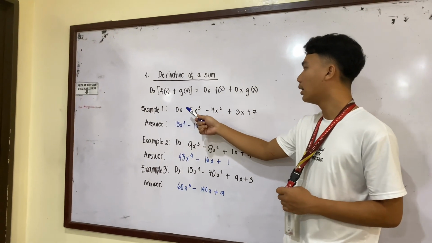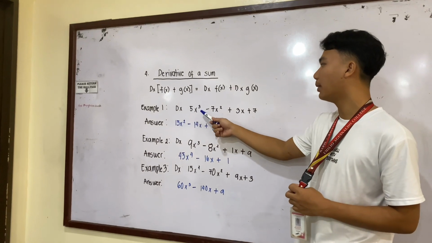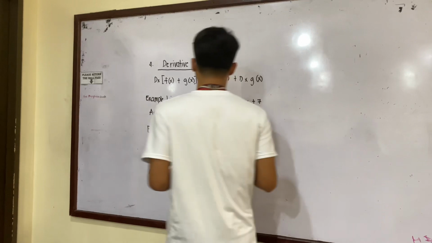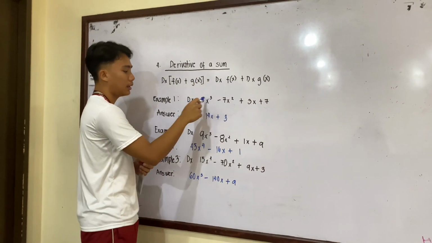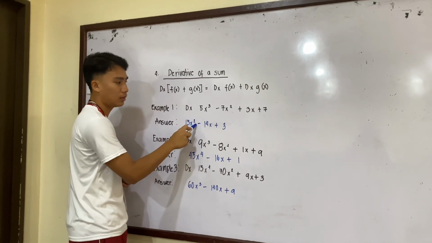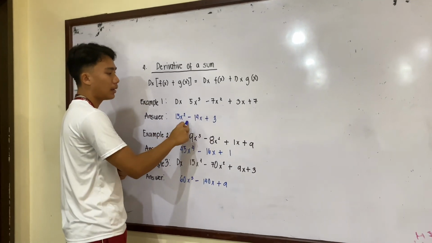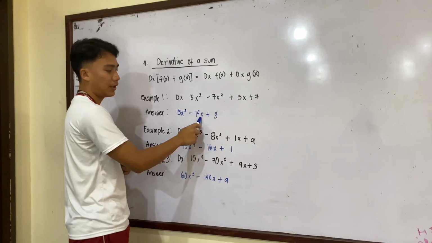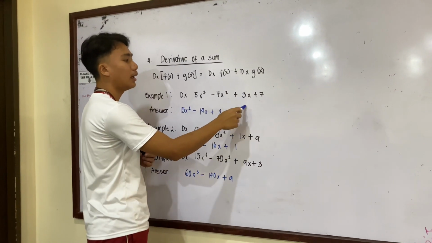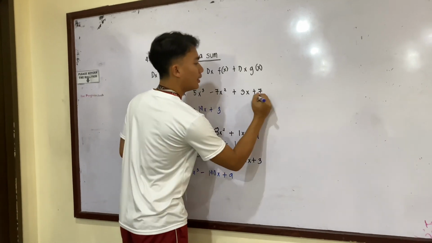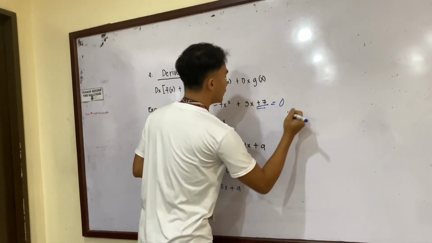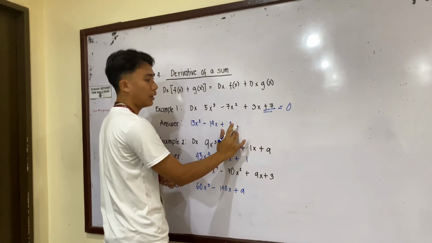Derivative of 5x cubed minus 7x raised to 2 plus 3x plus 7. So, ganito siya. 5 times 3 is equal to 15. Minus 1 sa number 3 is equal to 2. So, next step is 7 times 2 equals 14. Then, add the sign na plus. Ang nangyayari, itong plus 7 is constant is equals to 0. So, ang ilalagay natin is number 3.